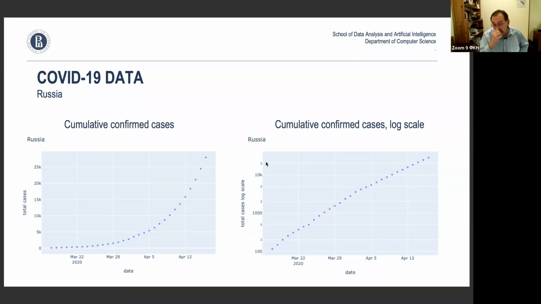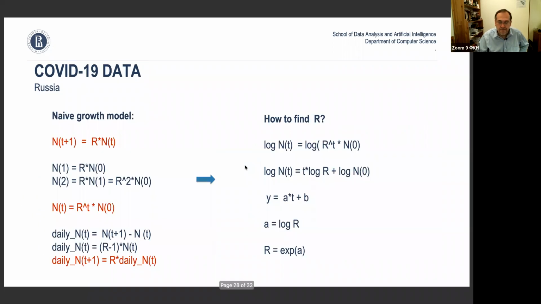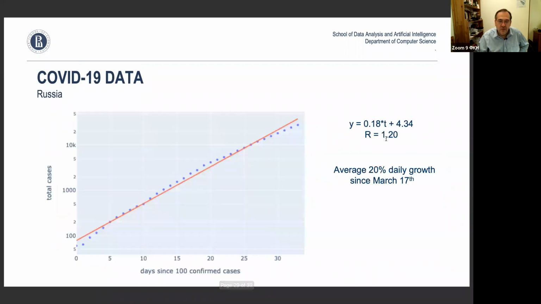Now, honestly, most of the data you will not see such an easy straight line. This is a textbook case of exponential growth. And by the way, whether it is 1.7% or 17% or 10% or 5% or 20%, it's still exponential growth, which means even with 5%, if you leave it unattended for a long time, it will still grow to millions. That is the scary part of exponential growth.